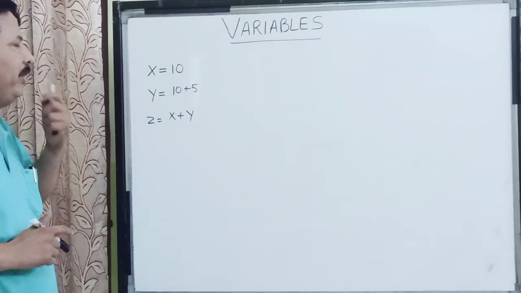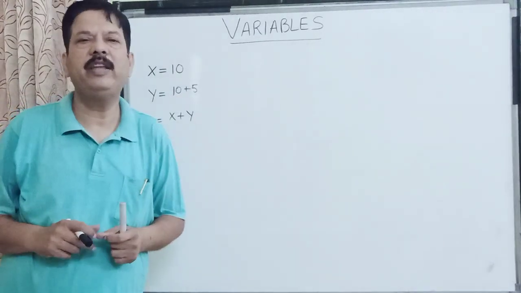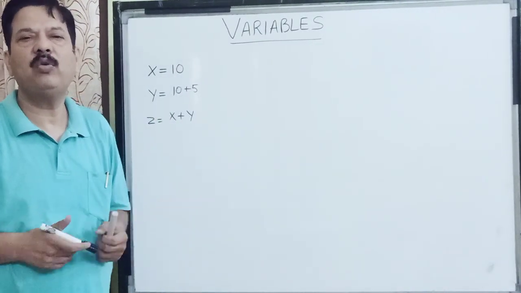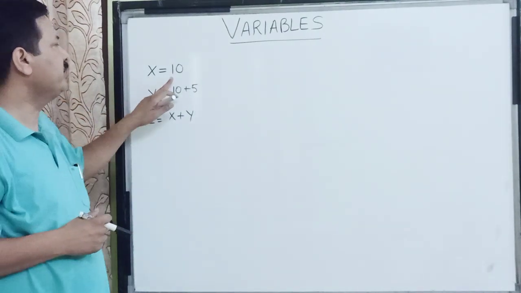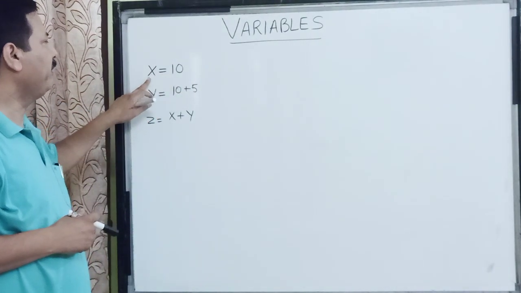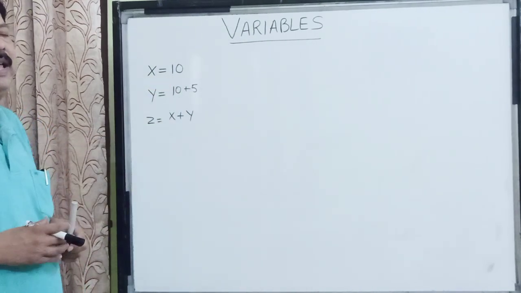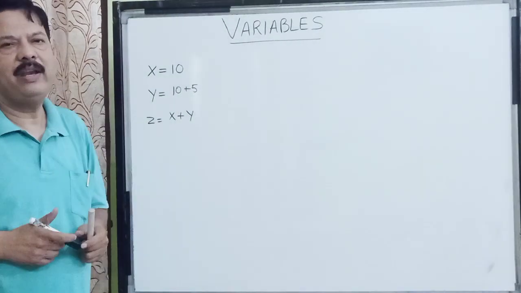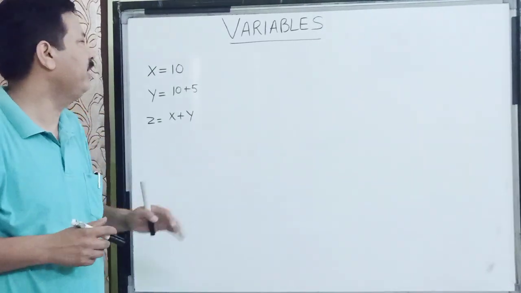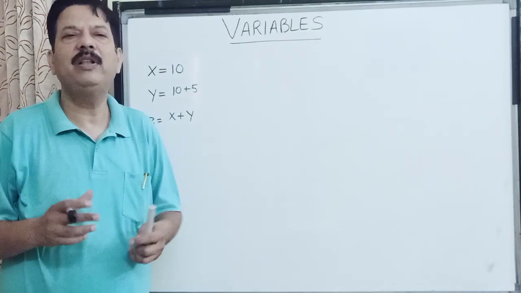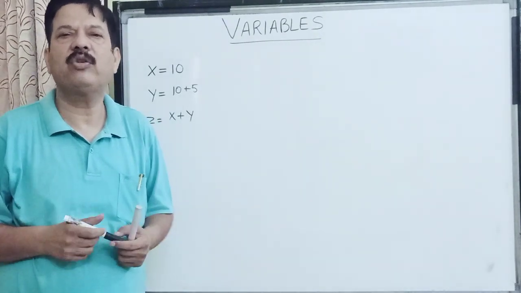So children, when we talk about a variable, we say that a variable is a name given to a constant, or it is a name given to a value. Say for instance over here, x is a name given to the value 10. So we say that the other name of 10 is x over here. So that is what we say about a variable. And the first thing I have told you is that variables are something which may change during the execution of the program.